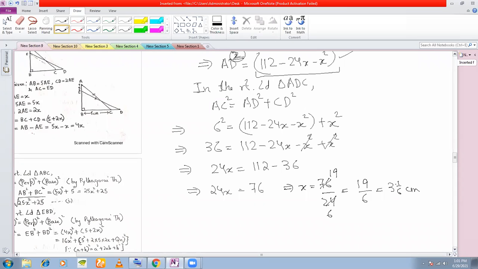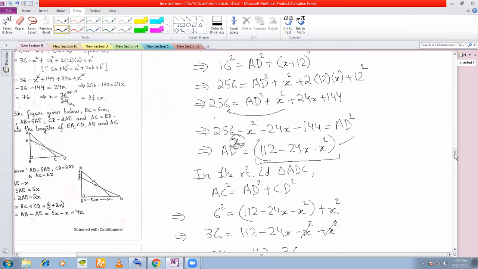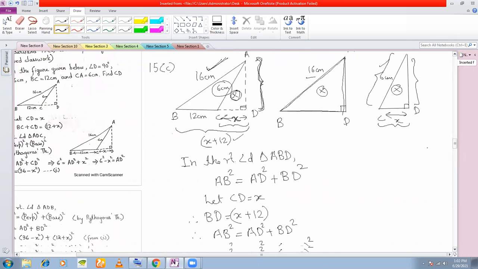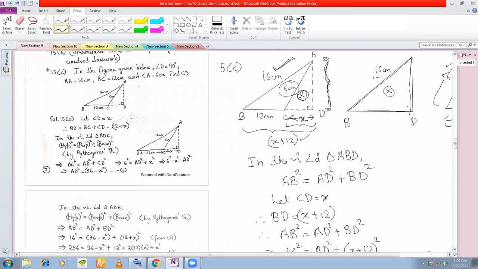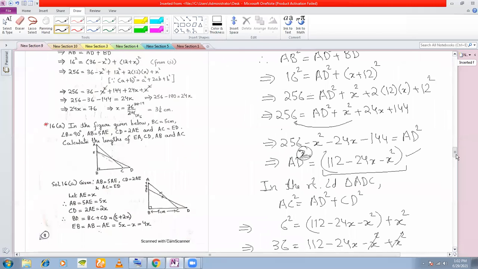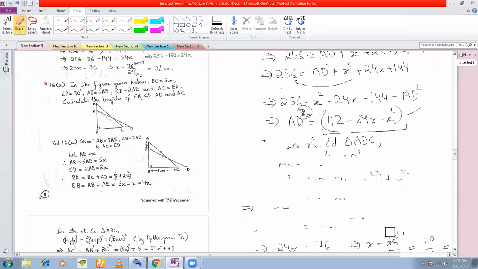This is 3.33 centimeters something, right? Anyway, 3.16 centimeters you are getting, and this is what you had to calculate, the length of this. You needed to find CD, so we have found CD here. Any question here in this? No, sir. Moving on to the next problem,